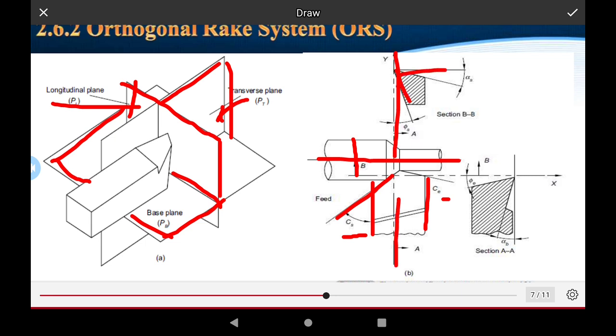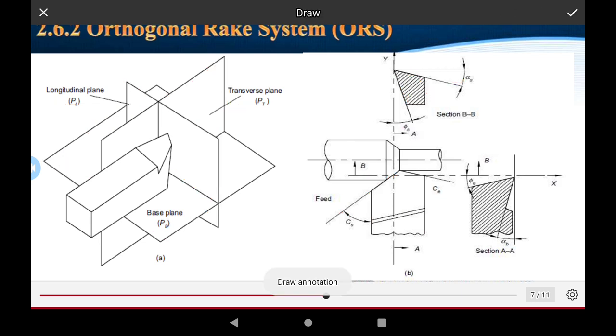This point is the cutting field. This alpha is the shear angle of the rake angle. It is the section for the section BB. Okay, this is the shear angle of the point, the angle of the shear angle. Okay, this is the point present for the shear angle. B is the beta, and this is the rake alpha. Beta is the section AA is presented by